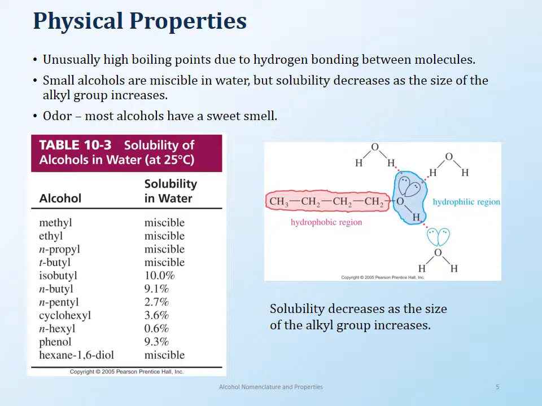Now for the physical properties of alcohols. Alcohols are like water, in a way. If you look at the structure of water over here, the hybridization on oxygen is sp3. The shape of water is bent. Alcohols are pretty much the same way, because here you have the oxygen with 2 lone pairs of electrons and then 2 R groups or 2 bonds. And so the oxygen here is also sp3 hybridized,